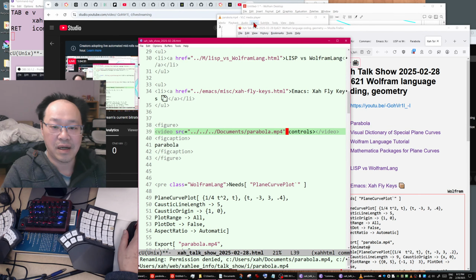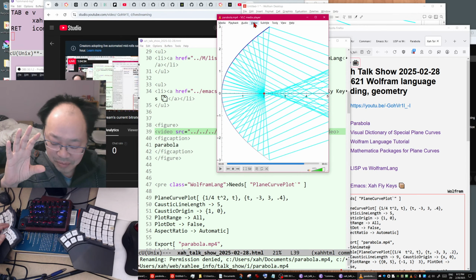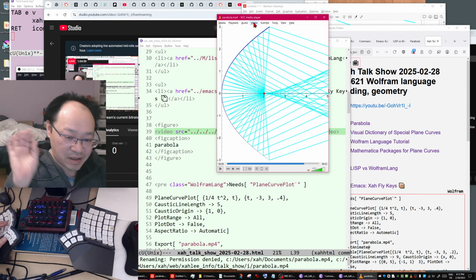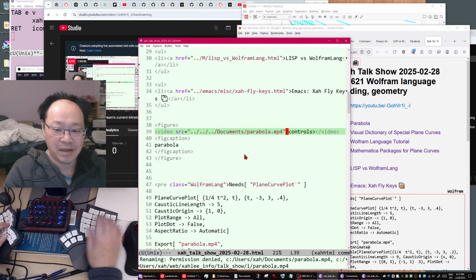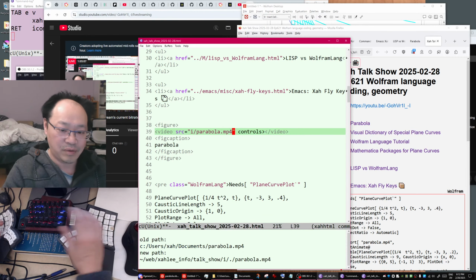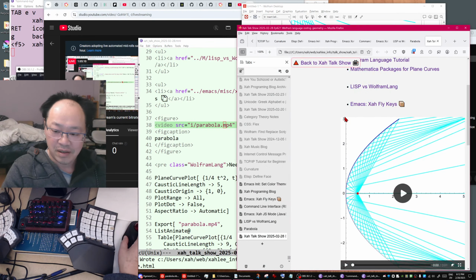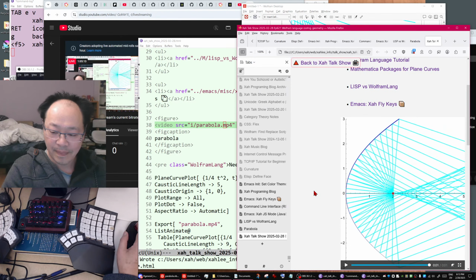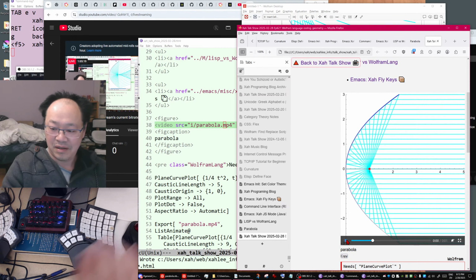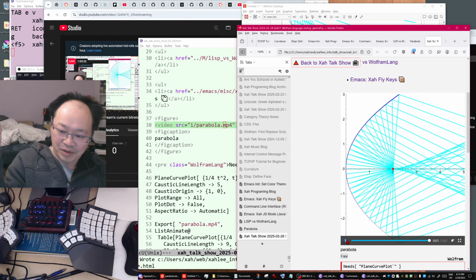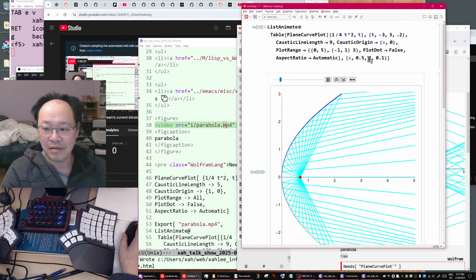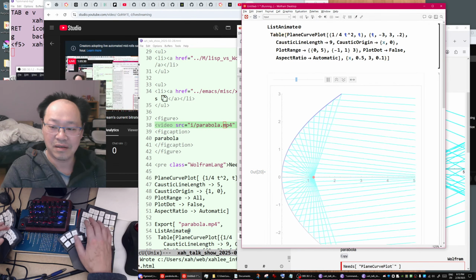Permission denied. Oh God, we need to close this. You see, Windows got a problem. If you have a file open, then you cannot move the file. You cannot rename it. You need to close it first, okay? So now, move it to the current directory. Show in browser. There it is. Oh, this is so quick. I should have increased the focus. Yeah, so this should be actually 3.